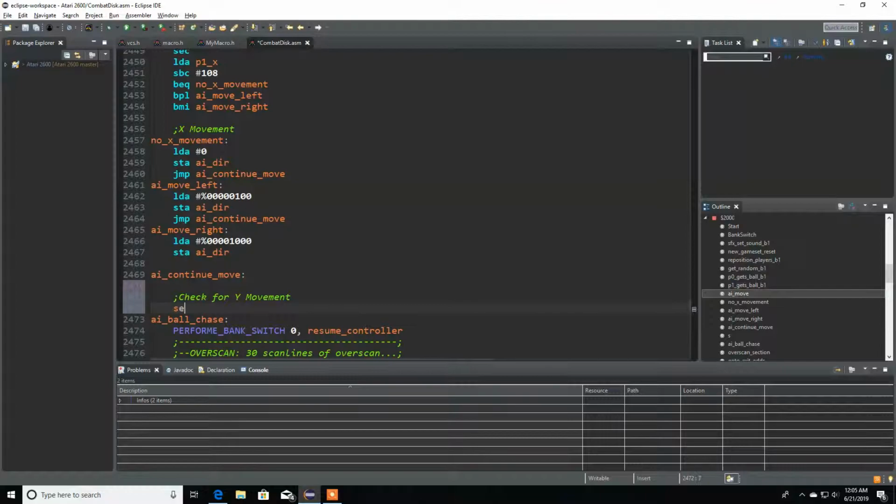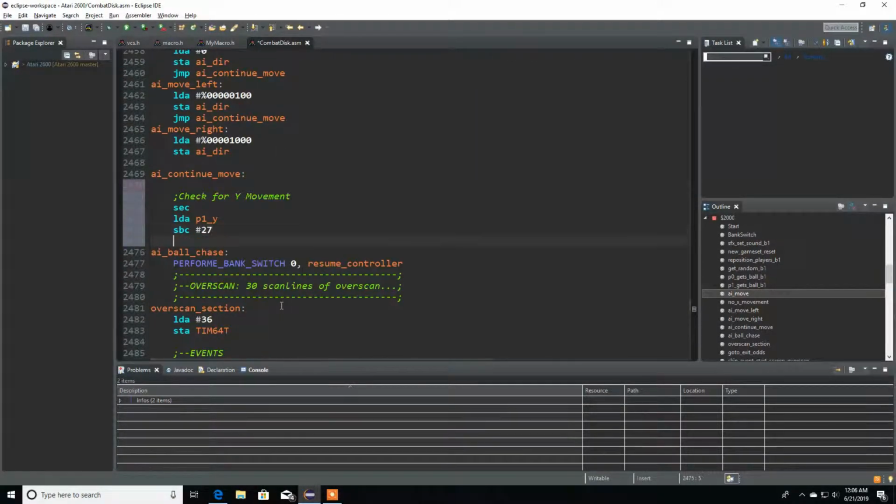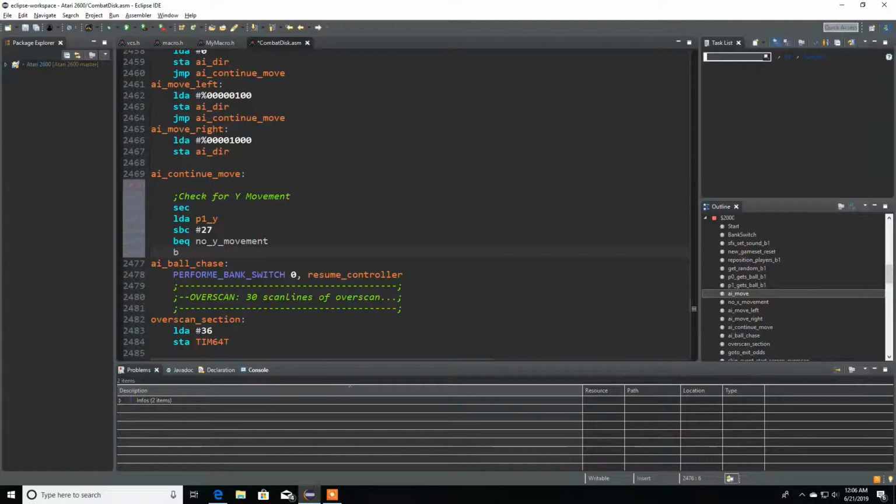First, you're gonna do your sect over here. Very clear. V1Y. We're gonna subtract to 27. Let me see, 27 right over here. Pretty much like before, and we're gonna do the same thing. So branch equals 0 to no Y movement. No Y movement. Branch on plus